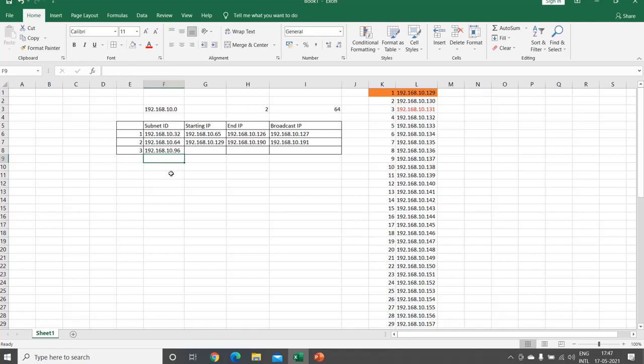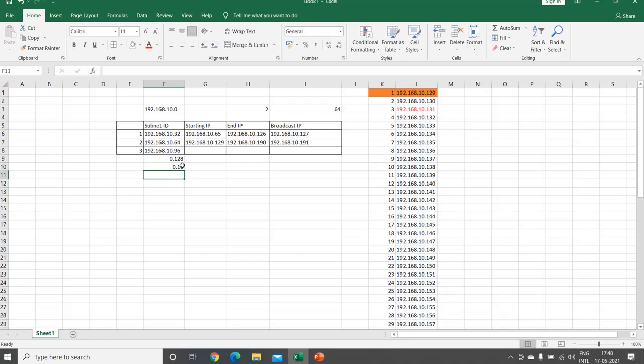So what we used to do is just type the last number, so that you can easily understand the calculation, because we have to sum it up. 96 plus 32 is 128. Let it be like I'm just putting dot 128, plus 32 is 160.